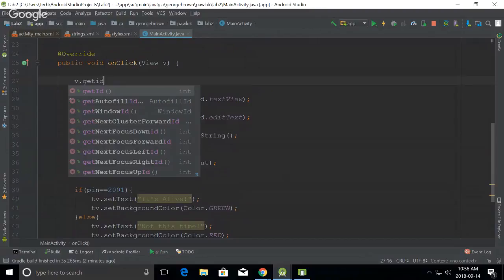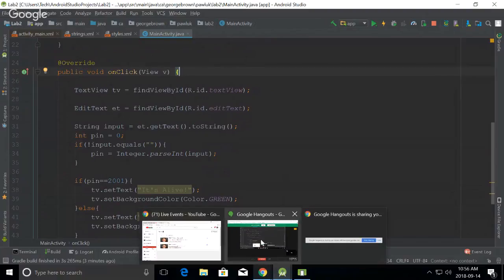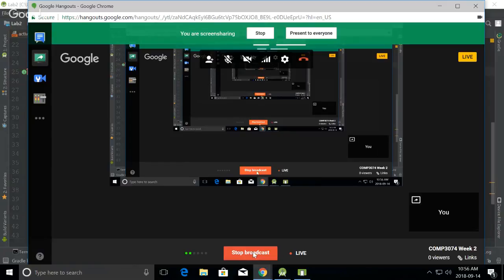So next time, we'll start building an application that will be a calculator, right? So we'll have multiple buttons. You'll see that this ID is important in this case, because you will be able to distinguish clicks from different buttons. Okay, saving this, I will stop the recording, and we can